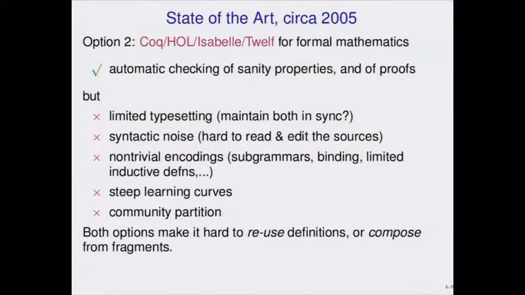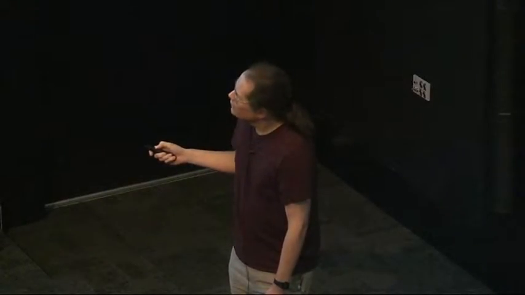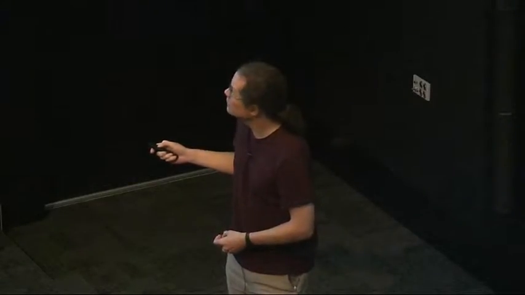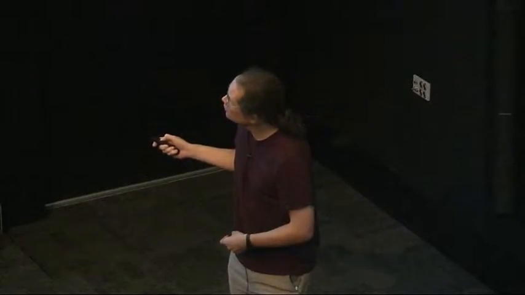Option 2 is directly use one of the provers, for example, one of those 4. So you get some of that automated checking, but you have a lot of other downsides. So you more or less don't really get production quality presentation from any of them, in my opinion. All of them have some facilities, some more fancy than others, none that were sufficient for our purposes. You have quite a bit of syntactic noise, you do have some non-trivial encoding you have to do, but then these are maybe the most serious things.